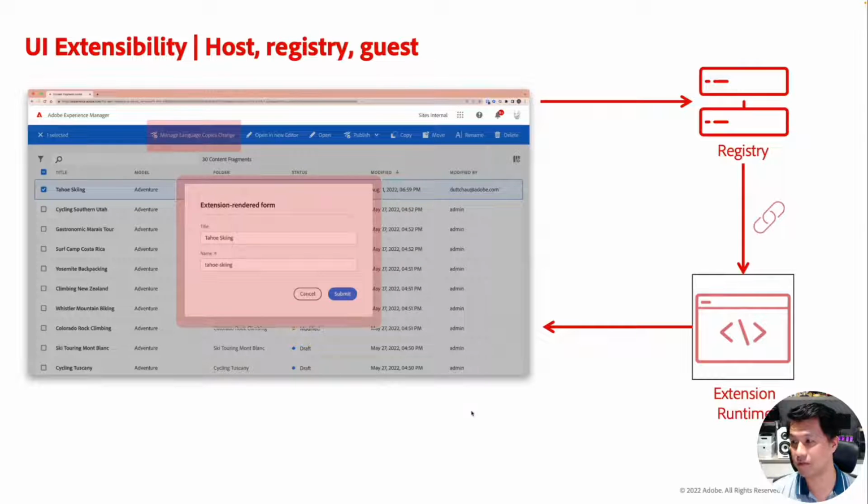A very typical use case for UI extensibility is to apply it on the Content Fragment Admin UI. Imagine we encapsulate all this code logic into something we call an extension. For people following our technologies, you may have heard of Adobe I/O or Adobe I/O Runtime.